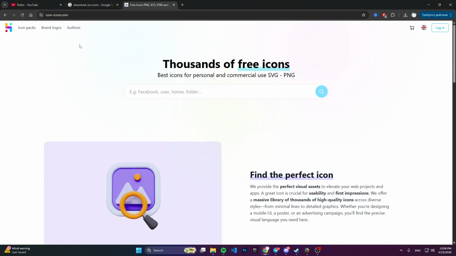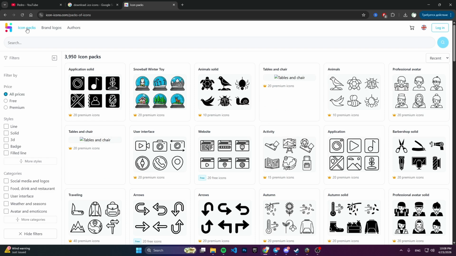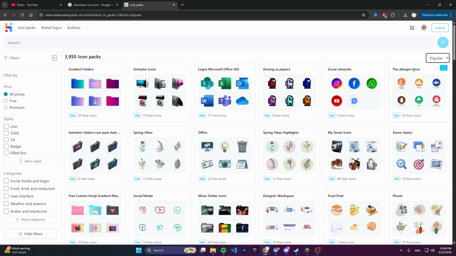I recommend you to use this website called Icons. When you access this site, you need to click on the icon packs right here, and as you can see, there are a lot of different icons here. If you see this little crown near the pack, it means this pack is premium, so you will need to pay for it. So I recommend you to sort here by popularity, and